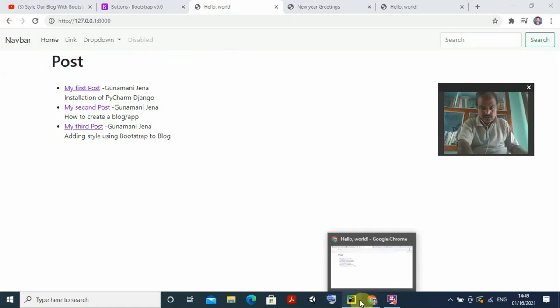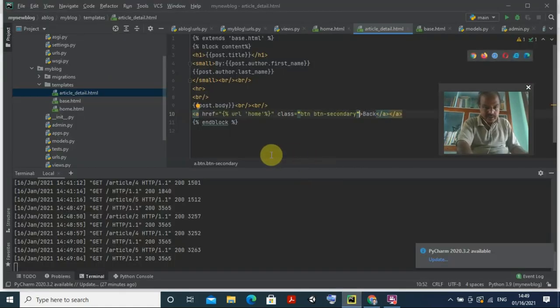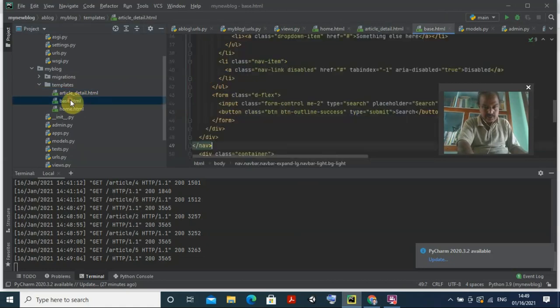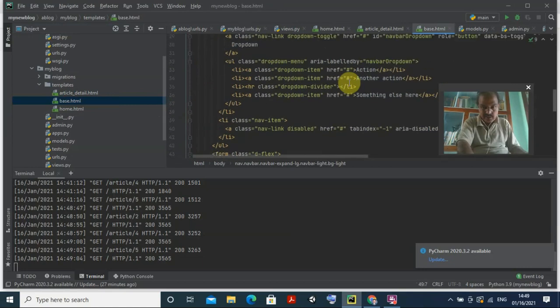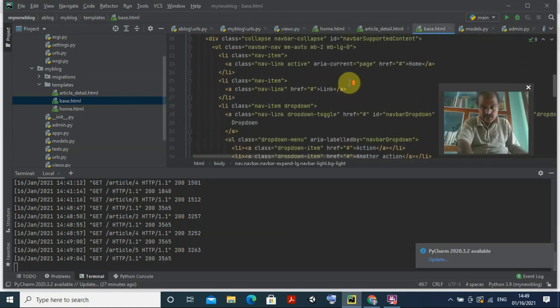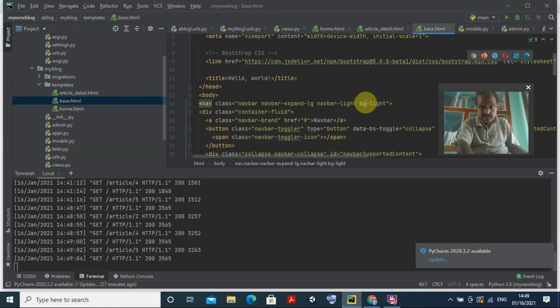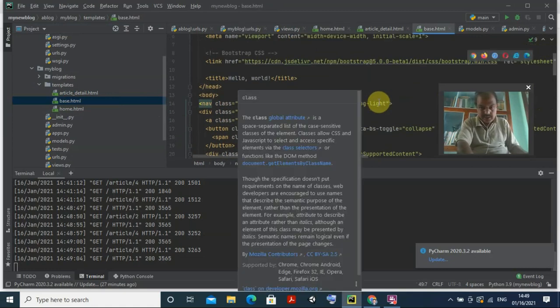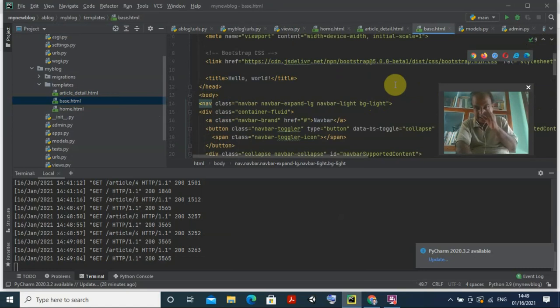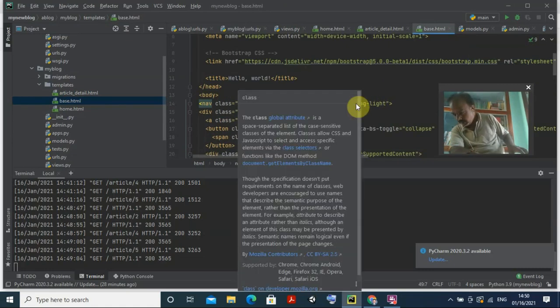Then what I have to do, you go to our coding part, and in this base.html, what you have done here, if you see, come down here. Just give me one minute. The bg was light as well as your nav. Let me see. The navbar was light and bg is light, so you just make it dark. So bg-dark and navbar-dark.